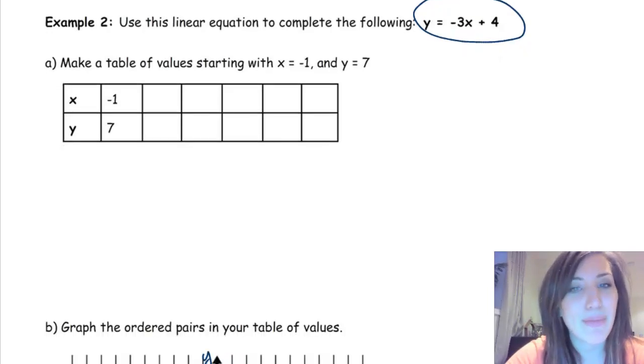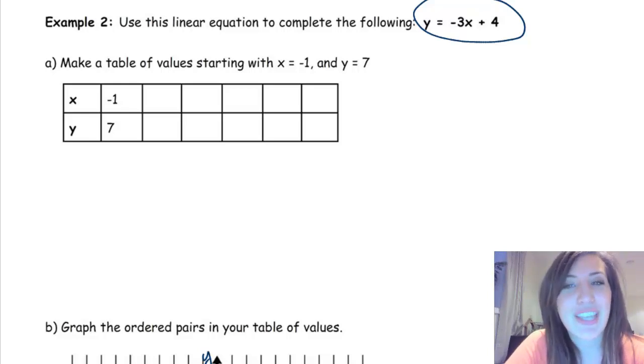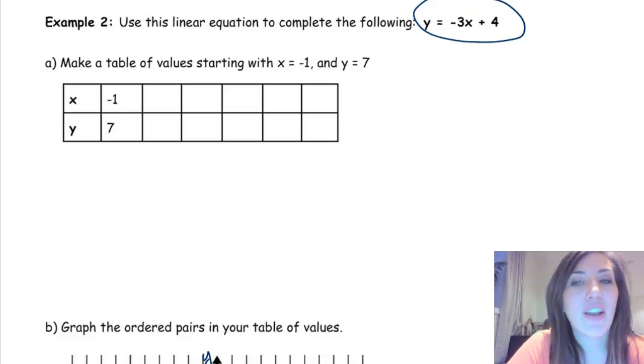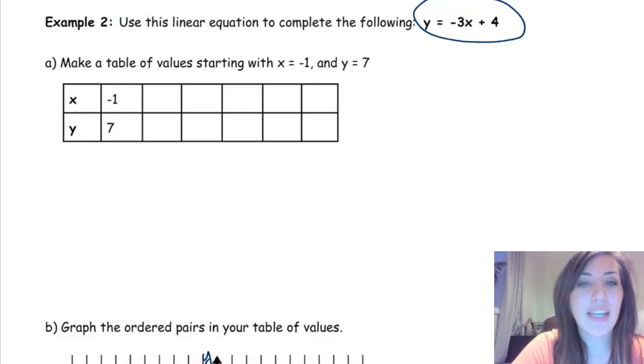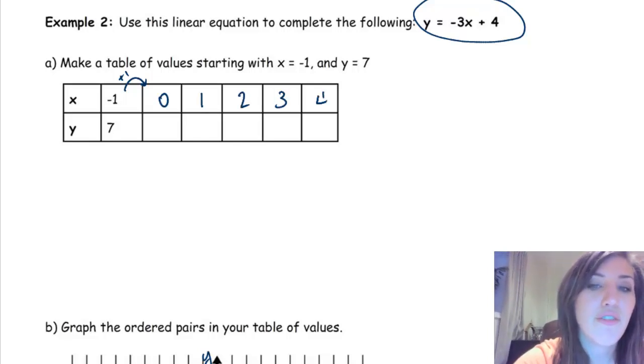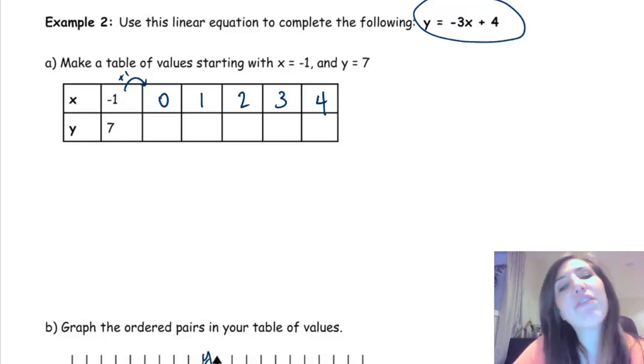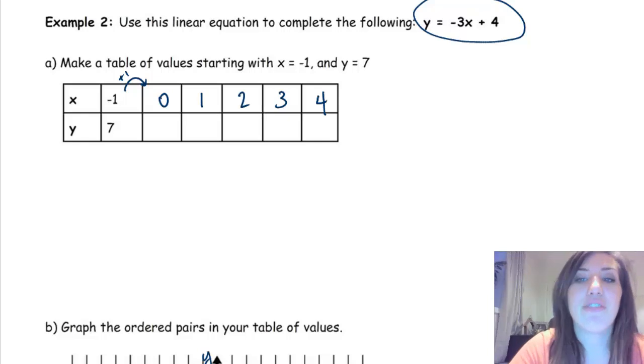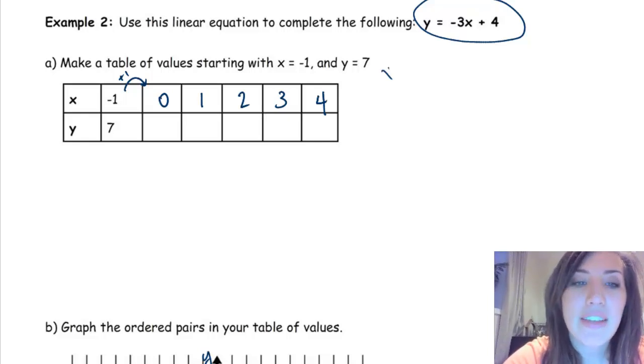So number one, make a table of values starting with x equals -1 and y equals 7. So how do we fill in all of these numbers? Well, I'm going to tell you that I want your x's to go up by 1 every time. So this will be 0, then 1, 2, 3, 4. And now we can figure out the y's by plugging in that value of x. So if we have x equals 0,